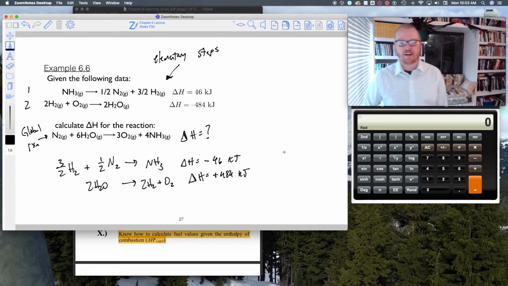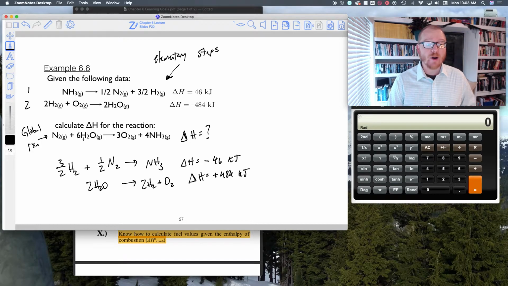Okay, so now this is the first step that I like to do. I like to get everything kind of arranged in the right order. But now what I'm going to have to do is multiply these reactants just like we did with balancing redox reactions to get the right number of reactants. Okay. So the first thing I notice is I need 4 of these